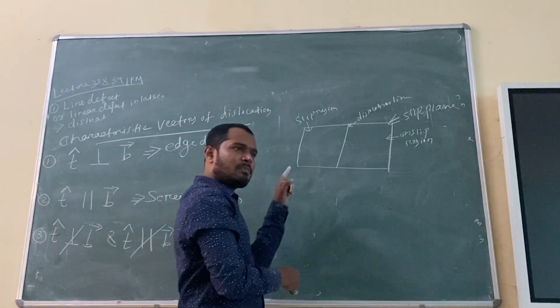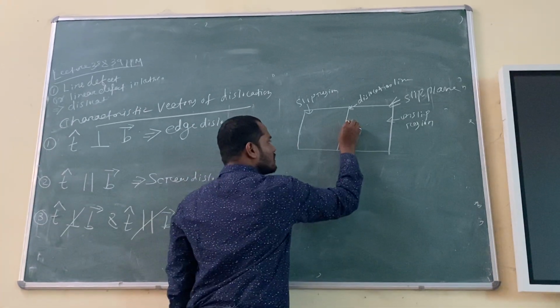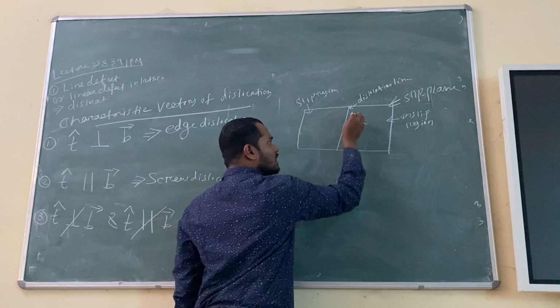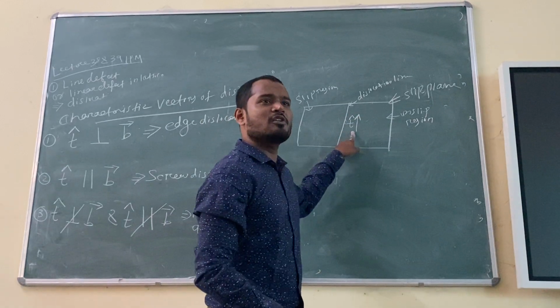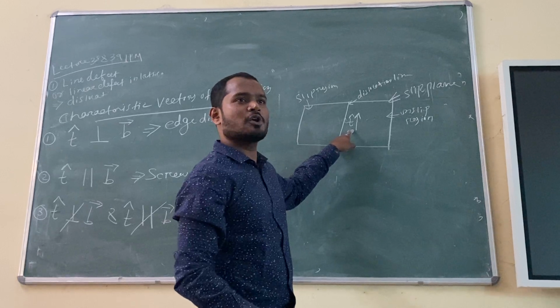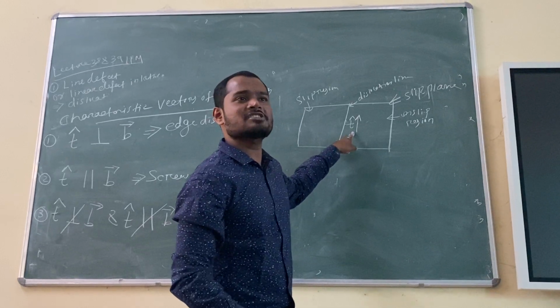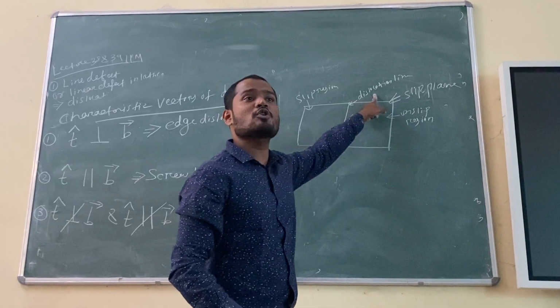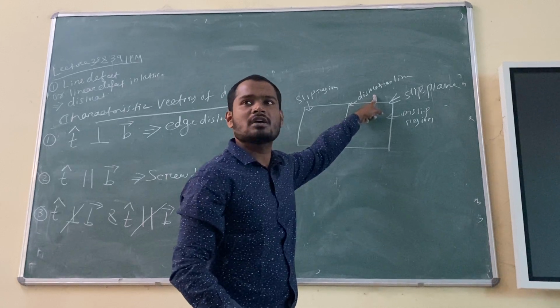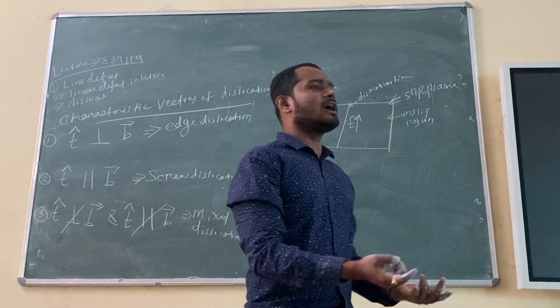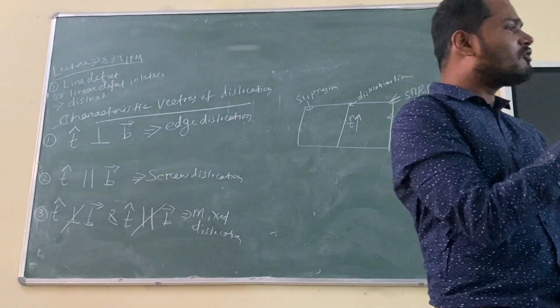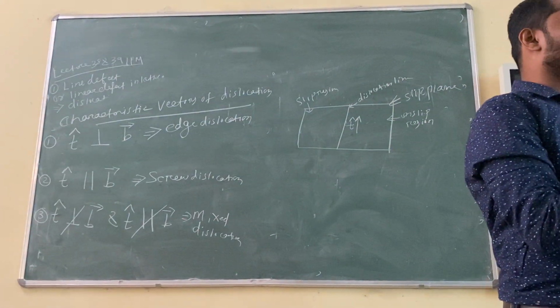It is either parallel or tangent. So that means the tangent vector will show you what? It will show you the orientation of what? Dislocation line. Listen to it carefully. The tangent vector will show you the orientation of the dislocation line. Because why? Because it is always constant. It is always parallel or tangent to the dislocation line.